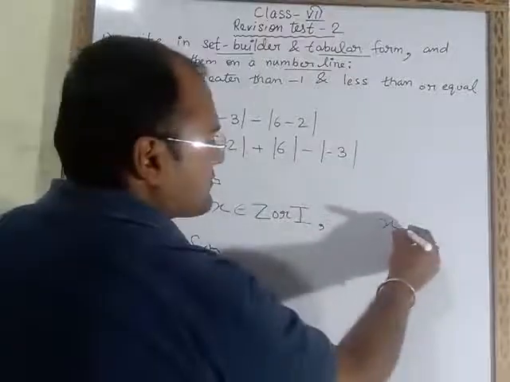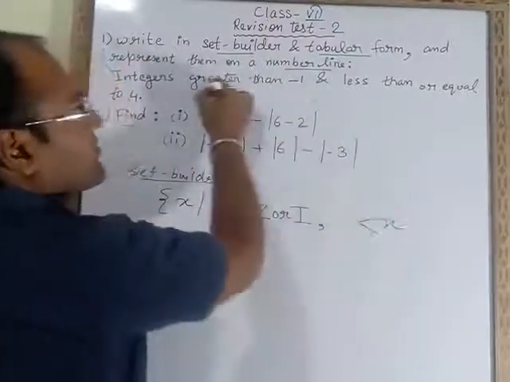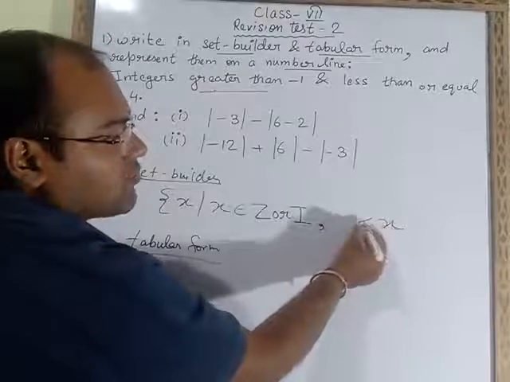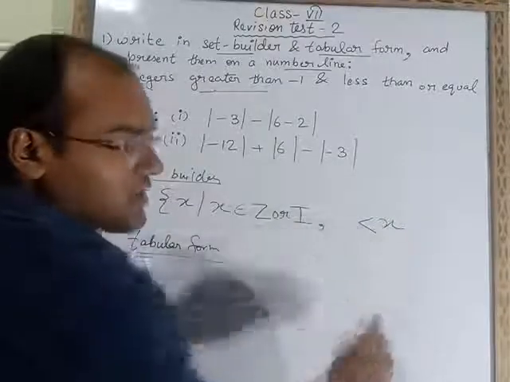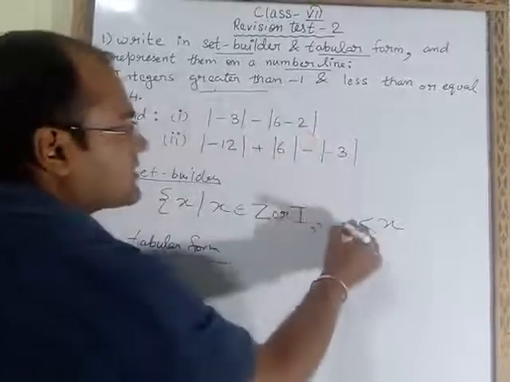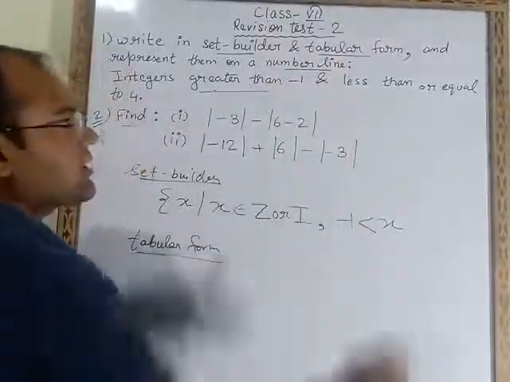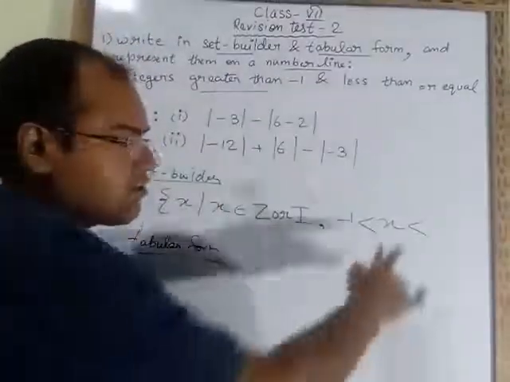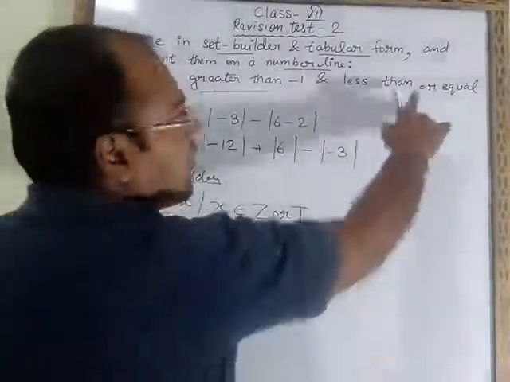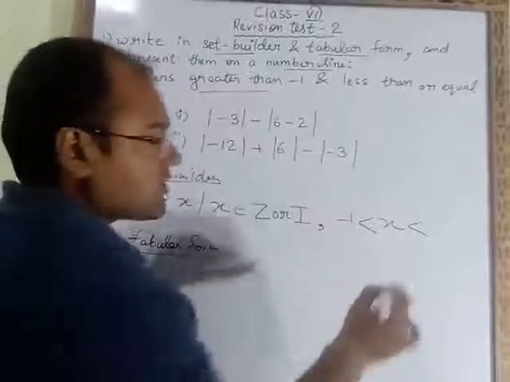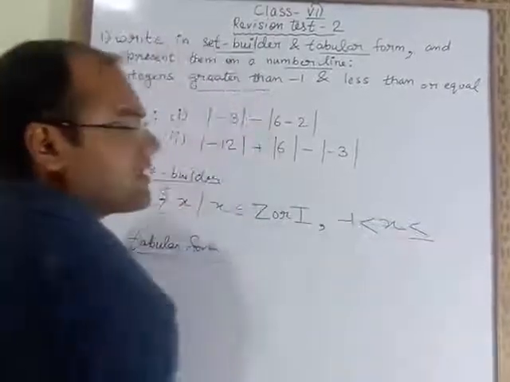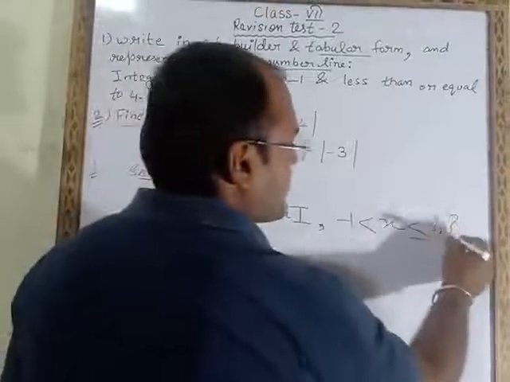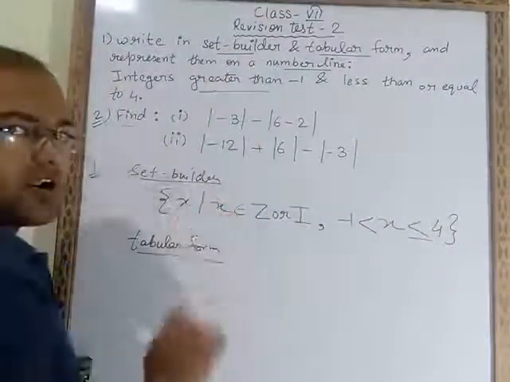That means x value is greater than. What is this? Greater than. So greater than sign means we have to make this sign open towards the x. Greater than -1, like this we have to write. And less than, towards x we have to put the close sign. This close sign represents less than. Or equal to is also there, so we have to put one line under this sign. Equal to 4, so here we have to write 4. So like this you have to write in set builder form.